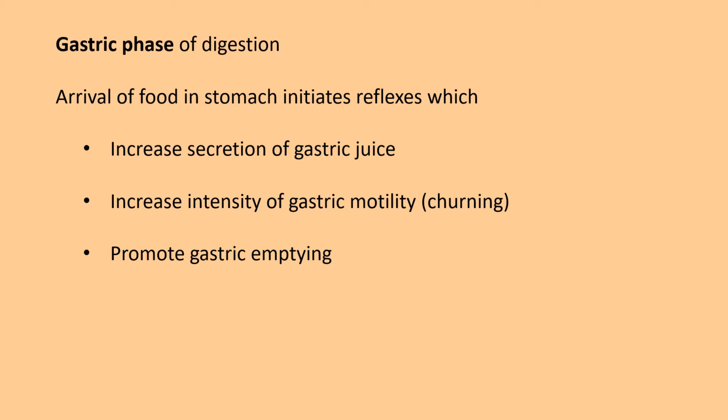Another motor output that's part of the gastric phase of digestion is to increase that gastric churning. So the mixing waves of the muscularis that started during the cephalic phase become even more intense. Okay, she's actually eaten. Now we really need to mix the food material up. And then at later phases during the gastric phase, those mixing waves, coupled with relaxation of the pyloric sphincter, will lead to the onset of gastric emptying. During gastric emptying, little bits of chyme leave the stomach and move into the duodenum.